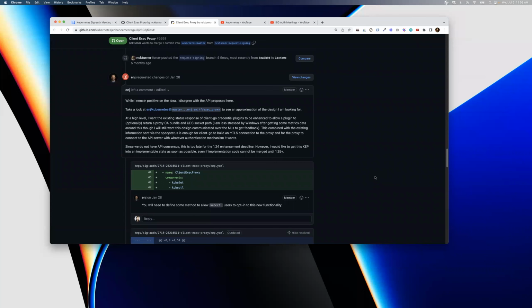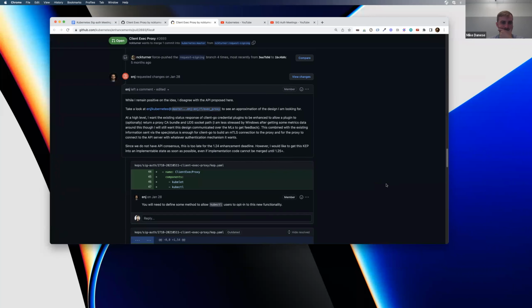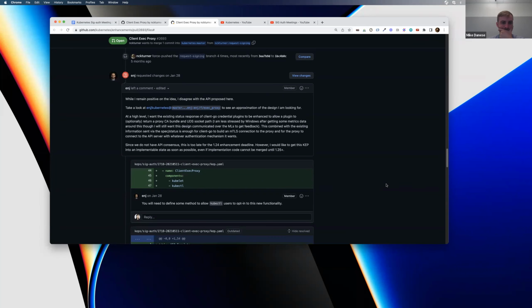So one area is, we've settled on UDS, so that the proxy gets exec'd by the client, and then the proxy returns information that allows the client to talk to it. Right now we've settled on a CA bundle for authentication, and then the UDS socket path.